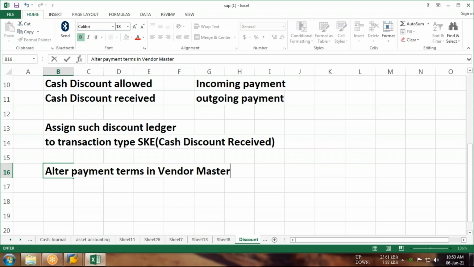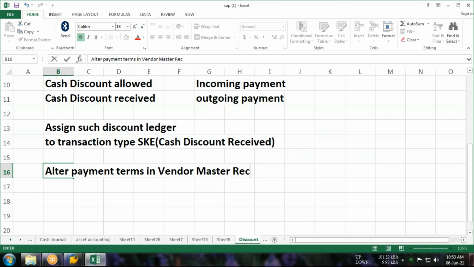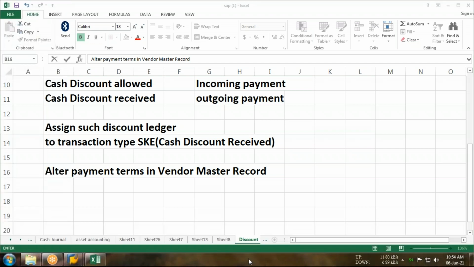Guys, you will remember that while we were preparing the vendor master record, in the company code data segment, we needed to assign a payment term, and I guess you all assigned 0001. You all assigned 0001, right? You have all assigned the 0001.